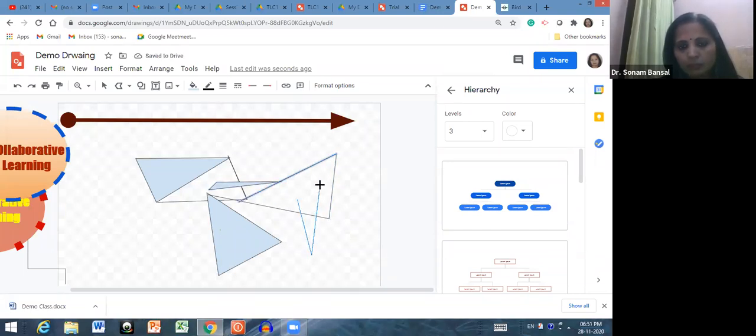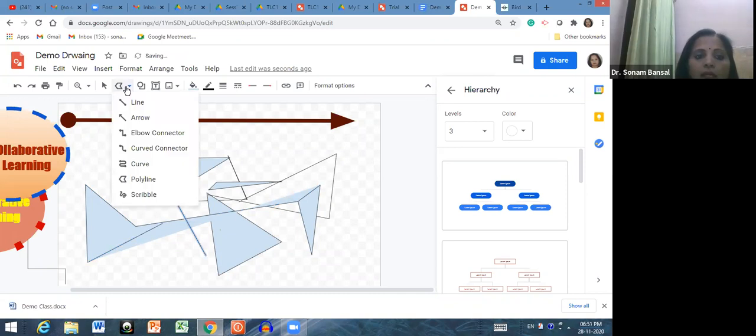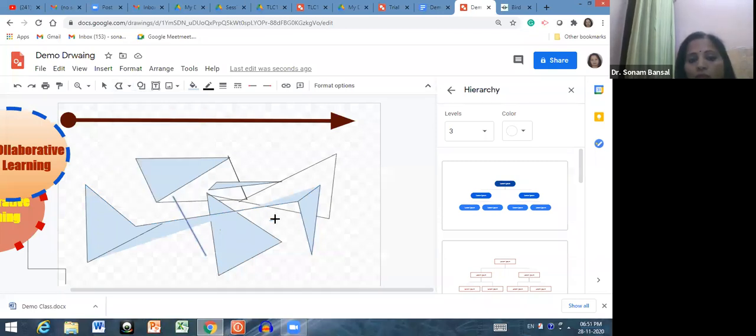You can add multiple drawings with the help of this polyline. See, like this, you can draw a face, you can make them and you can fill them. So I just did nothing. I just select this polyline. Means you need not make a connector again and again. You just select this polyline. This is a very beautiful feature, and draw whatever you want to draw.